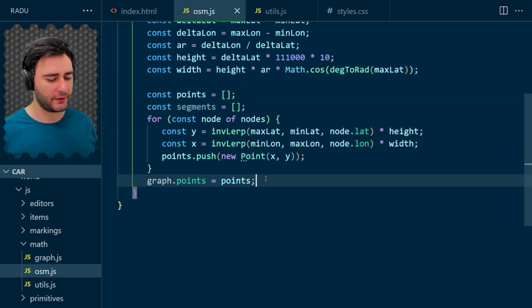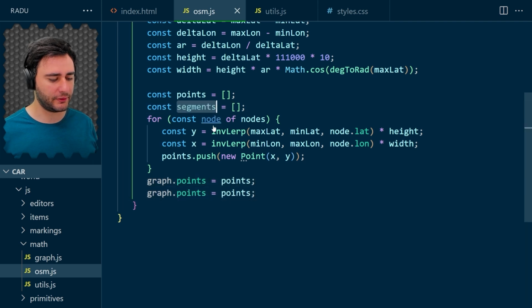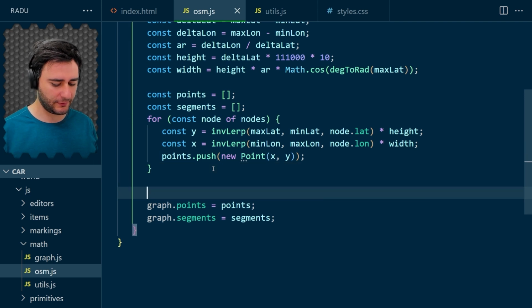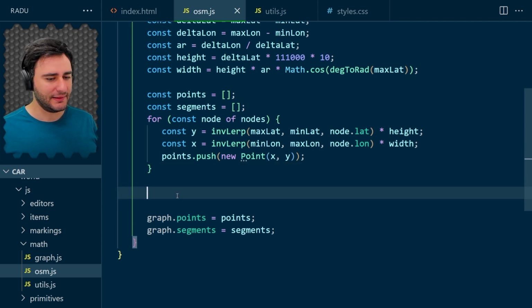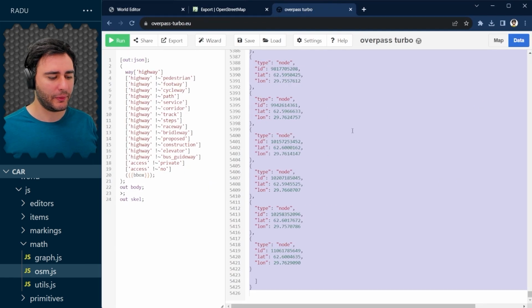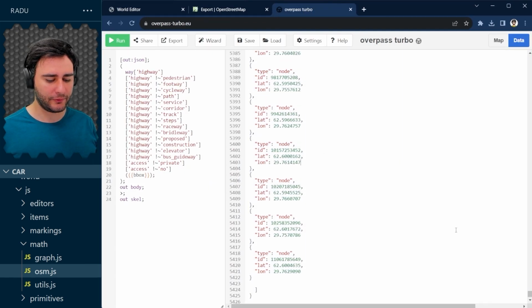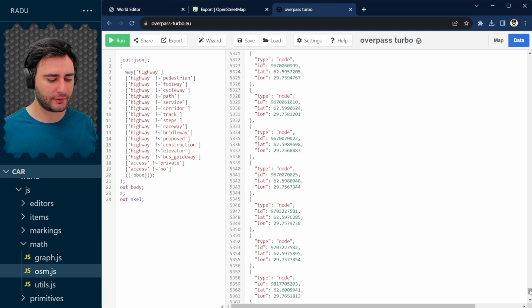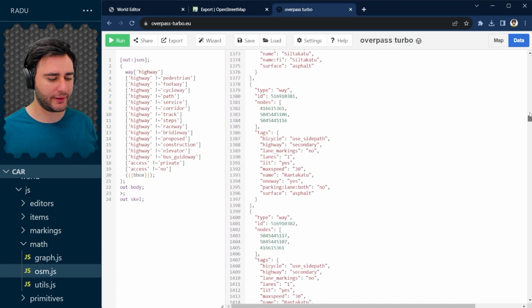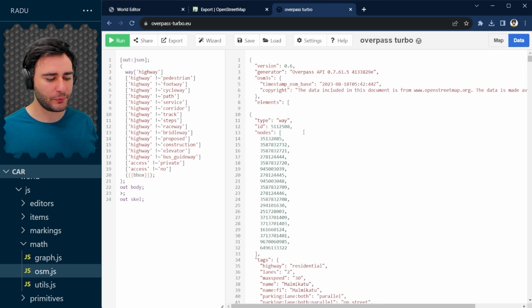And here our graph is going to return those as well. Let's just prepare for that so we don't forget. And to get these segments, we have to understand the ways. Going back to Overpass Turbo and going somewhere at the top here, these ways